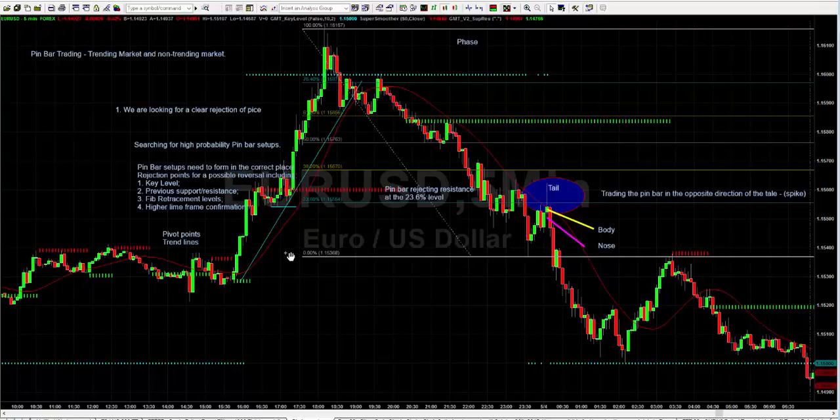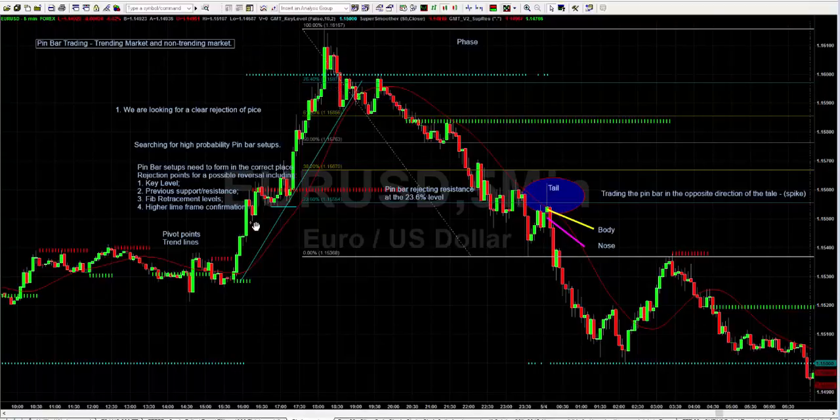We can back that up with a trend line which has two to three areas of support as price starts to move up, or we can use our moving average, where prices close clearly above the moving average and stay above that level. So there are several ways we can identify our trend. Now, with our pin bar trading, we're trying to identify that we're in a trending market. We've already classified what we would consider trending. Non-trending is where we would use